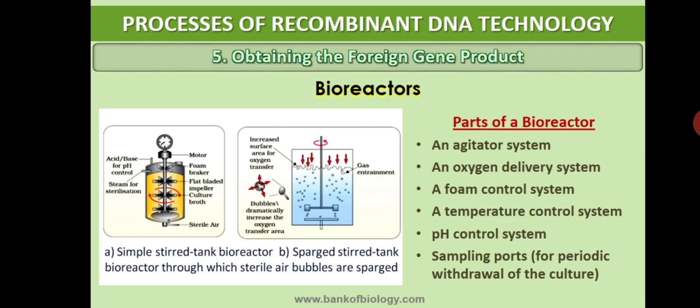Directly that product is not used; the processing of that product can be carried out here, and that process is called downstream processing. Understood? And for what purpose are bioreactors usually used? Bioreactors are used for the production of primary metabolites like ethanol, acetone, butanol, lysine, glutamic acid, etc. These are all primary metabolites. For production of these primary metabolites, we can make use of the bioreactors.